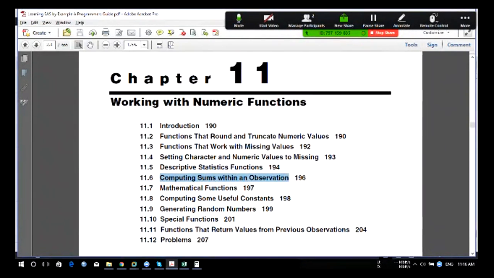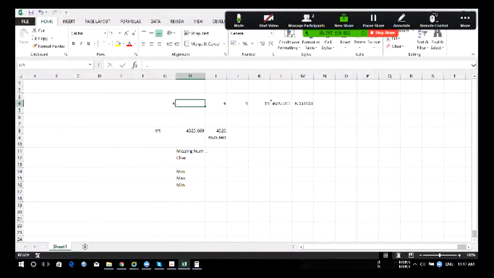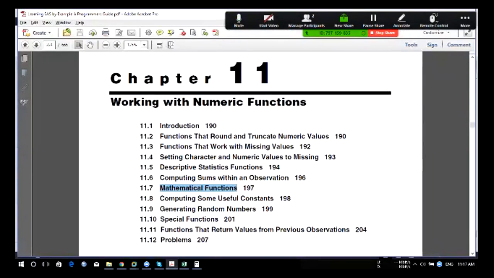So we have mathematical constants. What is the value of pi? Let's say you wanted to calculate the value of pi inside and use a constant value. How are we going to take it? Then we have computing some useful constants, which is nothing but, if you are giving a storage value, how much number it can store. If you're giving a storage value as 5, how much value it can store. So they'll give you the constant value for sure.